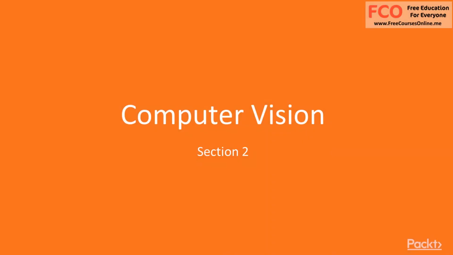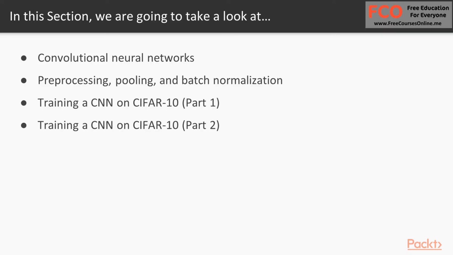Welcome to Section 2, Computer Vision. In general, computer vision refers to methods for acquiring, processing, and understanding digital images. In this section, we will focus on image classification, the task of determining which label to assign to a given image. We will begin by providing an overview of convolutional neural networks, which are the main neural network architecture for